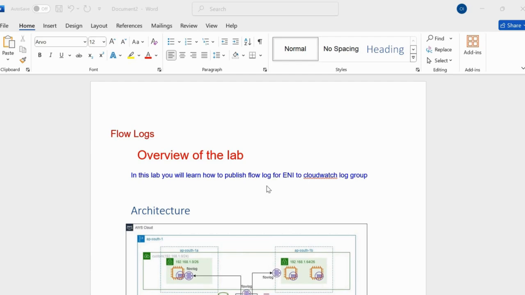Today on this lab, we are going to look at flow logs. So the overview is, in this lab, you will learn how to publish flow logs from ENI to CloudWatch